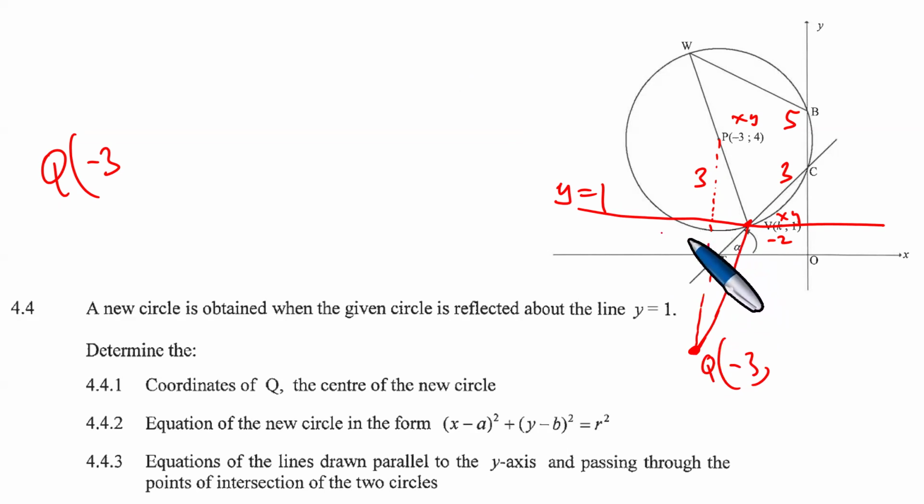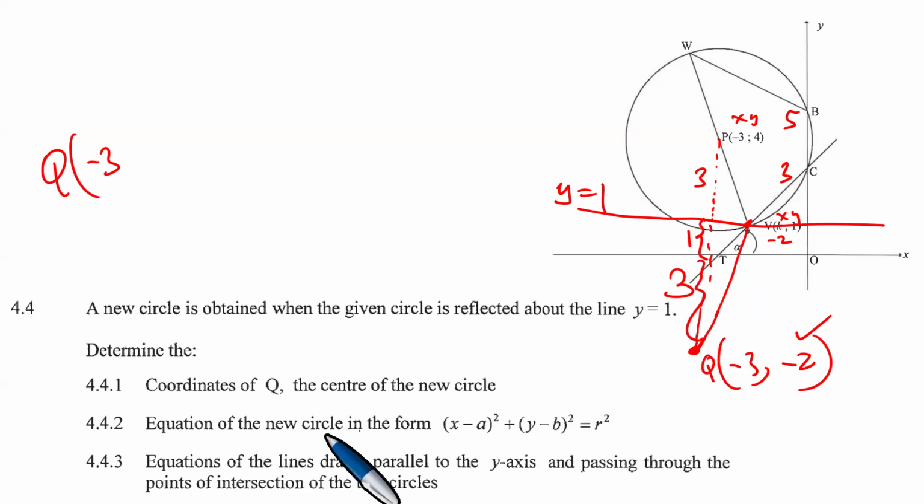If you go 3 units down, this is already 1, so you'd go 2 units down, because then you have 2 units down and then 1 unit, which is 3 units, because the distance between the point and the line is 3 units. Also here, it must be 3 units. If this one is already 1 unit, then this one will have to be exactly 2 units,